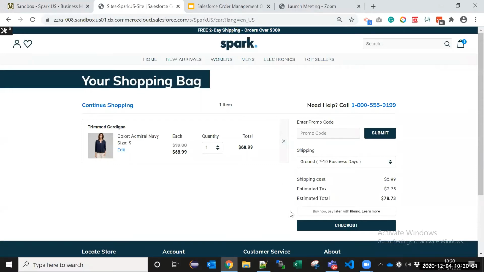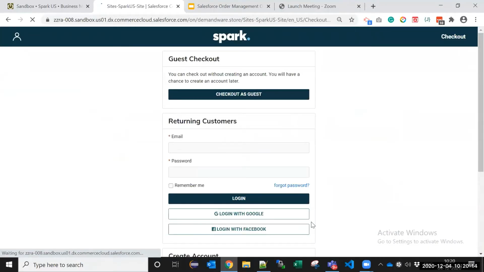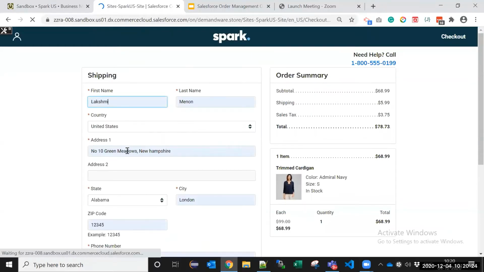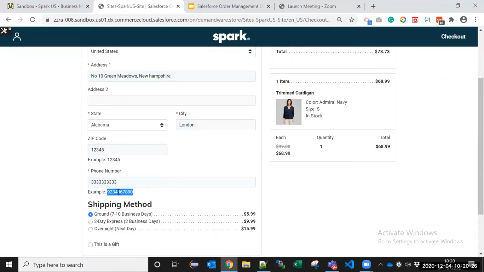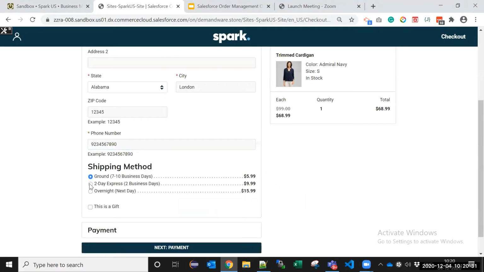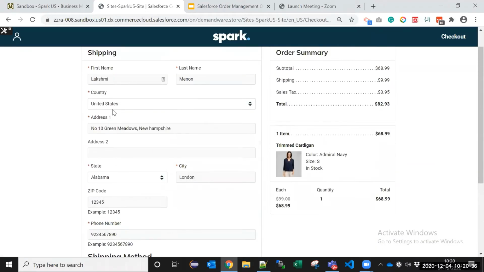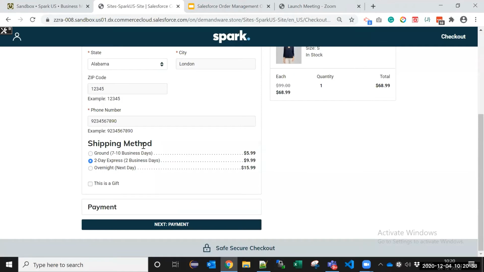Okay, from the cart page, we can now proceed to checkout, which is basically divided into shipping, billing, and payment sections. Before that, if you are browsing as a guest user, you have an option to register. So I'll just check out as a guest. And I can change my shipping method here. In the out of the box one, that's all I can do.